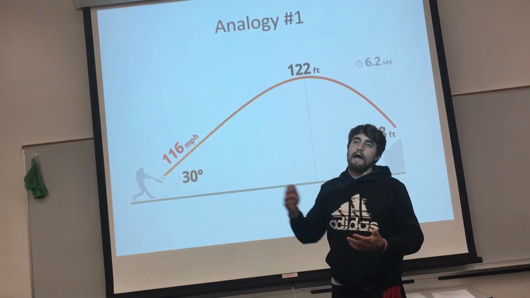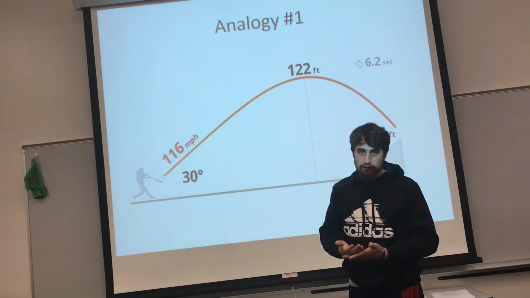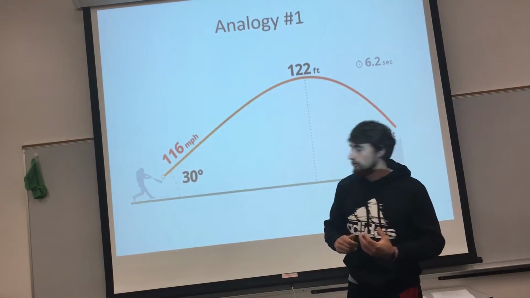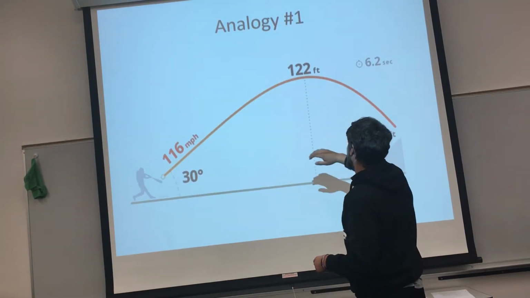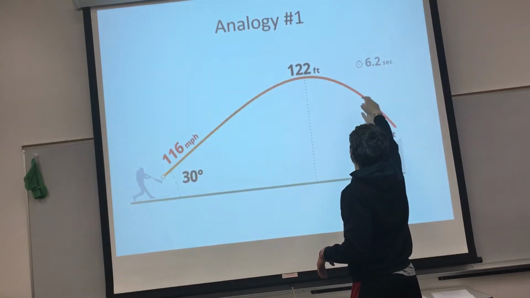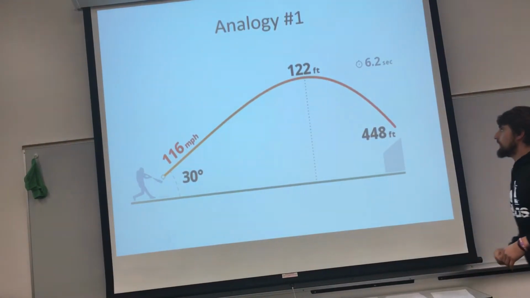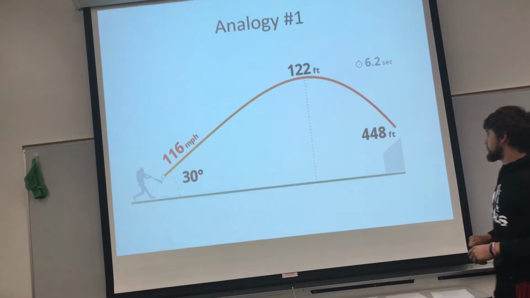So that was high, 17 miles per hour than the average highest individual. So that right there just tells you that this ball is an absolute missile. So he hit this ball, and it started at 160 miles per hour, 30-degree launch angle, up to 122 feet. And then, of course, it was in the air for 6.2 seconds, and then it went a horizontal distance of